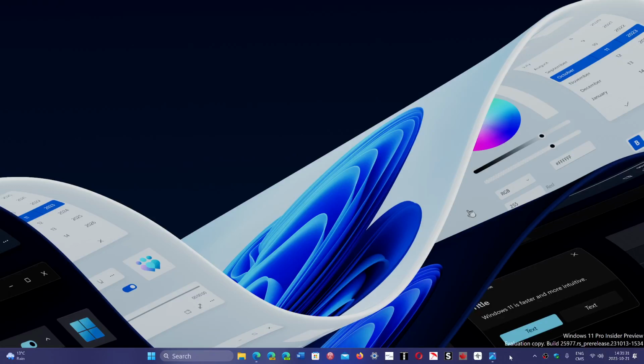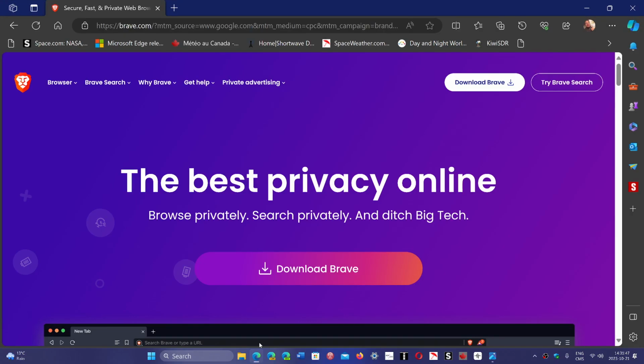Welcome to the Windows Computer and Technology channel, and in what I consider to be a pretty big blunder out of a company that prides itself in having a private and secure browser. We found out that when you installed Brave browser on your system, it actually, under the hood, without telling you, without having any info on what it's doing, it installs VPN services that basically shouldn't be there if you don't use them. This was found by GX, and they have been looking at installs and noticed that every time you